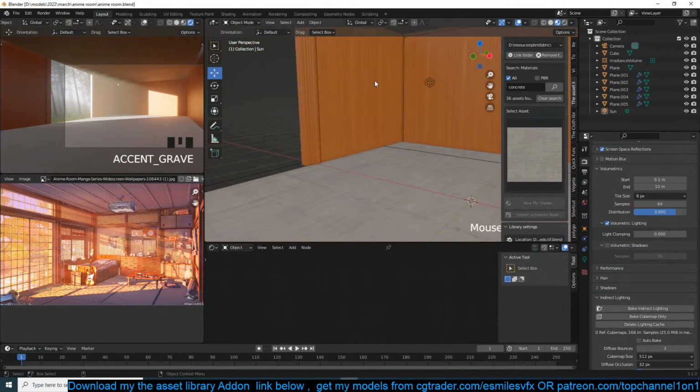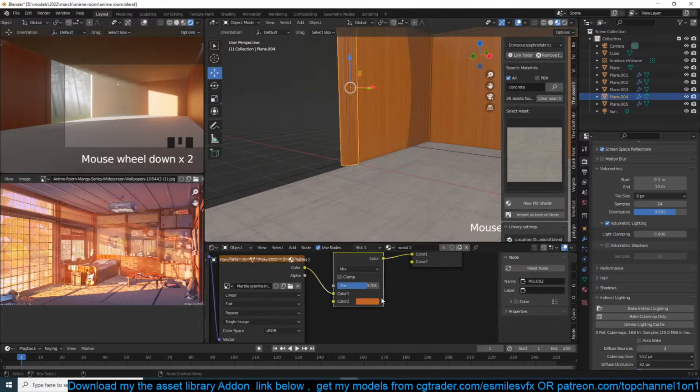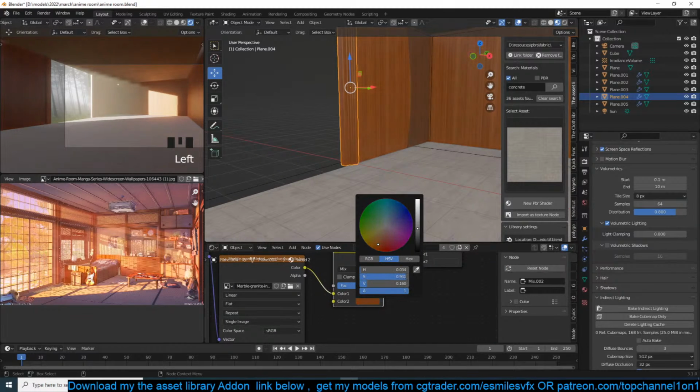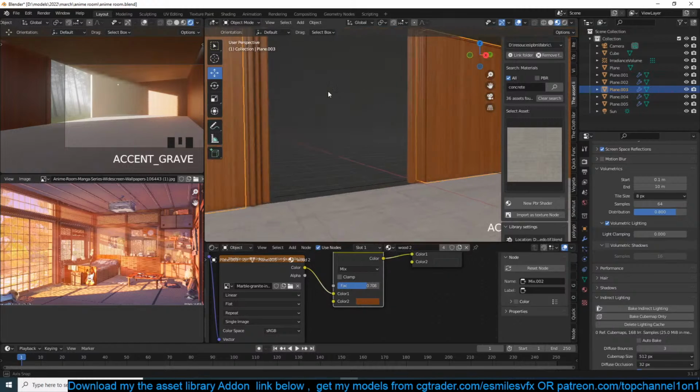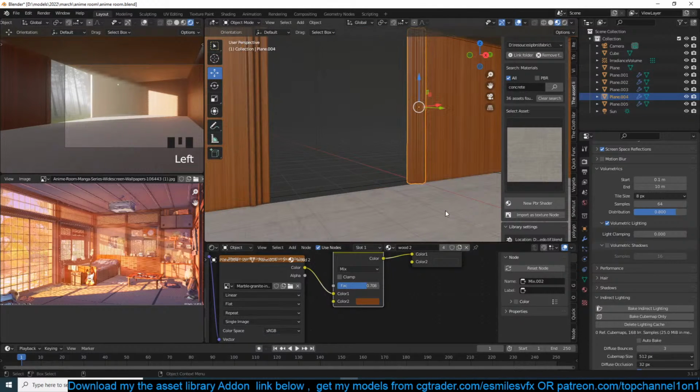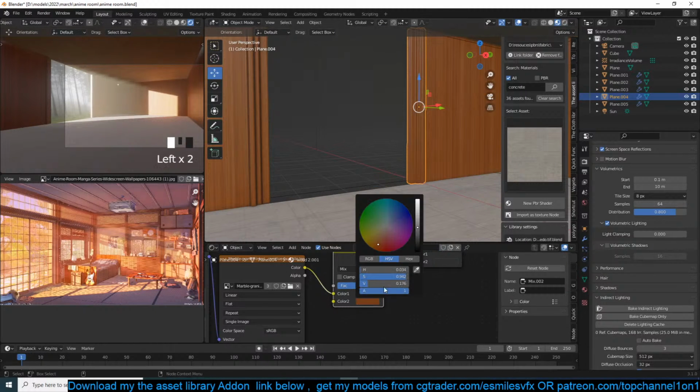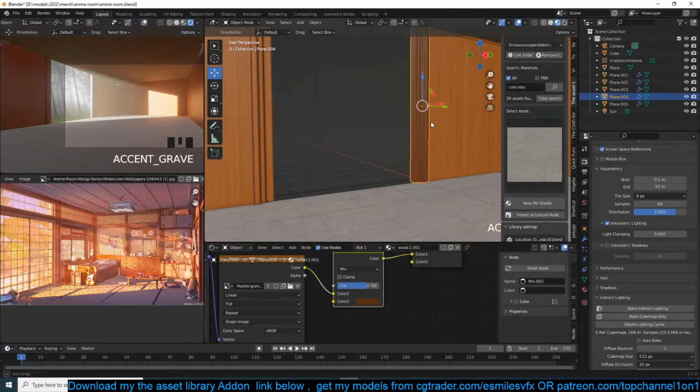Okay. Now I'm going to grab this and make it, I think, a bit. This should be a different material than this. I think